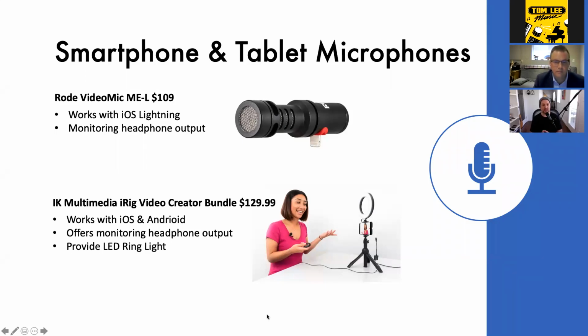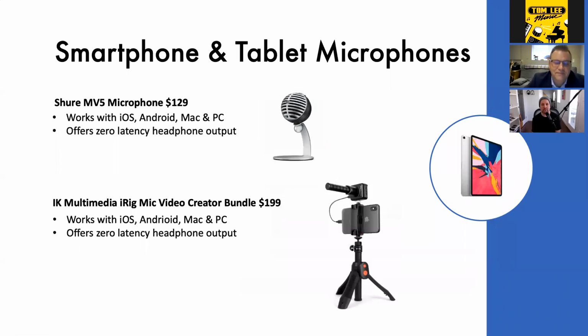If we can go back to the previous slide, Graham, I'm not quite finished on this one. You've also got packages and kits out there that can really help enhance your phone. So you can see here there's the IK Multimedia iRig system. It's a creator pack. It's $200, really affordable. We've got a bunch of those coming in probably this week or next week, but it's worth mentioning because, again, this will work with iPhones, Android phones, Mac and PC even. That microphone can also be used with a DSLR, which is great. And again, it offers a zero latency headphone output.